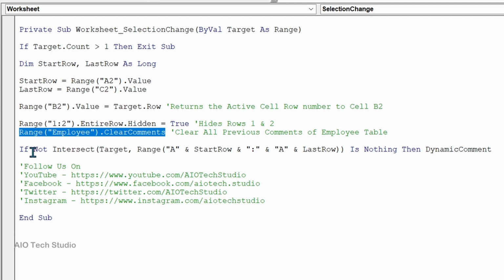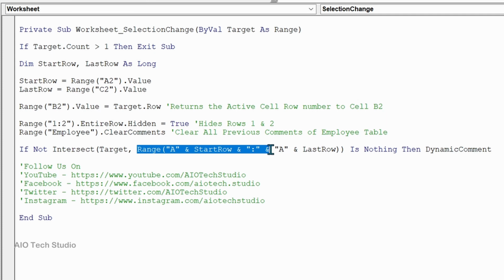And the final line of code in the private sub is: if not intersect target, which is our active cell, and the range A start row colon A last row, this is our ID column of the employee table, is nothing, then the dynamic comment macro will run. So basically in this line, if the active cell and the ID column of the employee table intersect, then the dynamic comment will run.